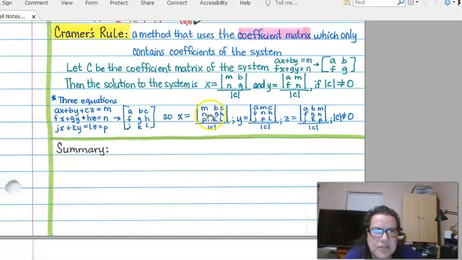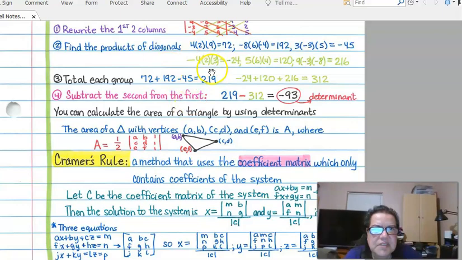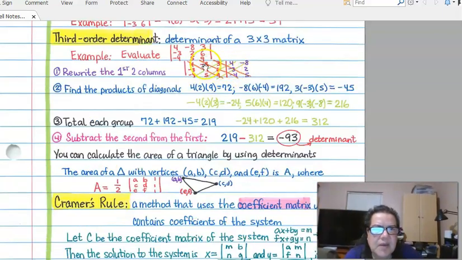And what goes in the first column here? You put whatever the answers were from your actual 3 equations. So 1, 2, 3 numbers, the M, the N, and the P. And what do you do at the bottom? The bottom is going to be the determinant of this. Now remember, this is a 3 by 3. So in this case, you're going to have to go to this example because this is a 3 by 3, right? Remember, it's not just